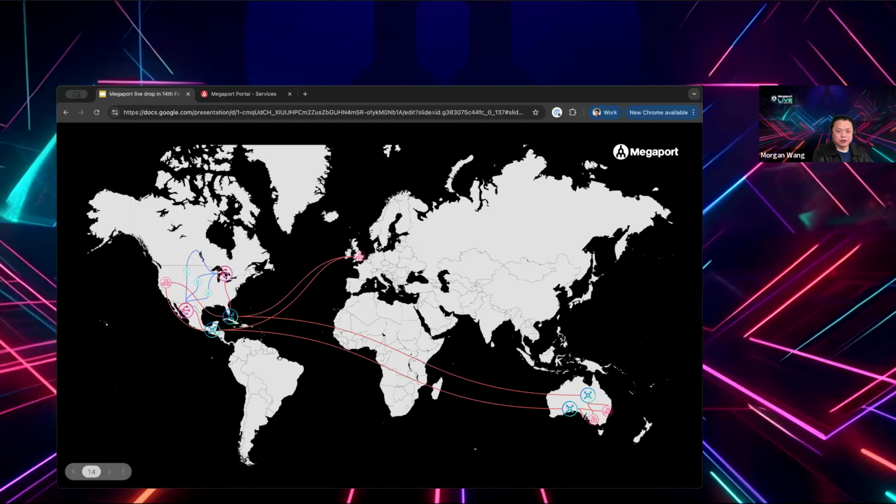This one is actually the outcome of the discussion of what the customer wants to do with Megaport and how to interconnect their different data centers and remote sites on the Megaport network. And of course, with all the VXCs interconnecting different continents, customers have the flexibility to spin up and down the speed when they require and how they require.